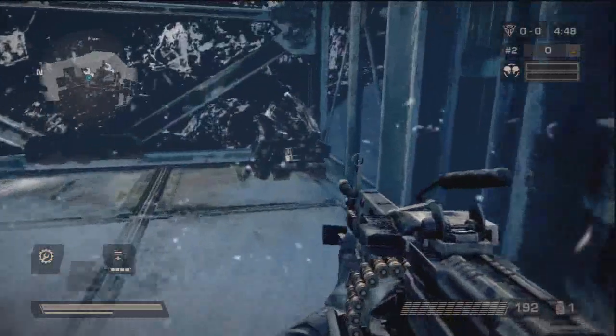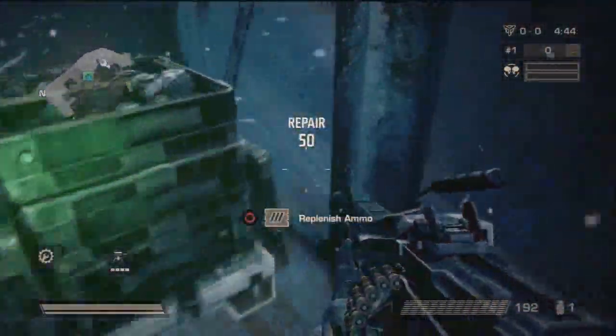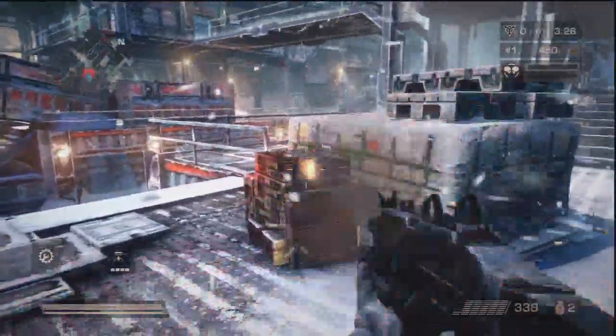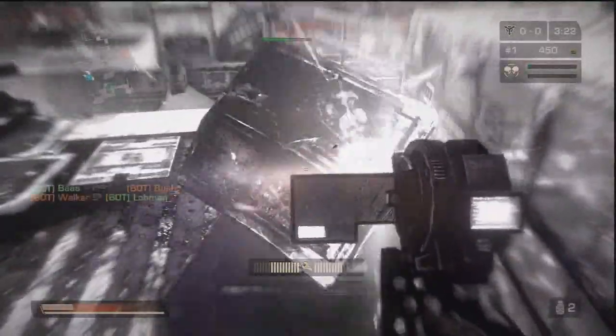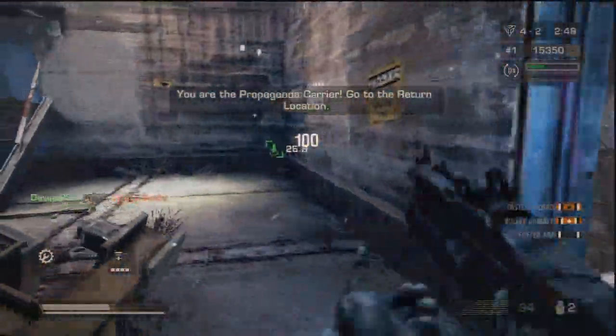The first one is the repair tool, which allows you to repair turrets, ammo boxes, and exoskeletons. It's pretty slow though, but this is upgraded with the second version, which increases the speed of your repair. And the third version increases the repair speed yet again, but now you can also hack other turrets, which is